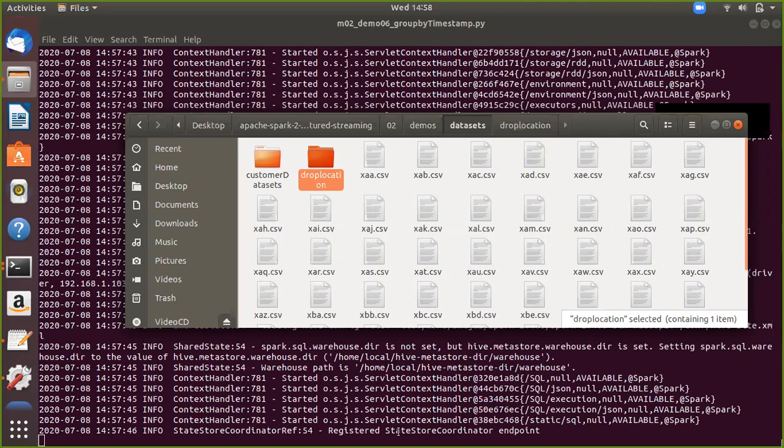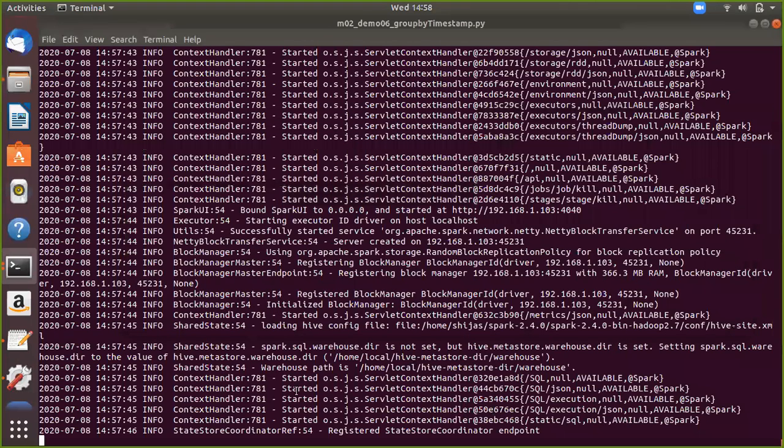So the program starts. Because of this complete mode, it is consuming too much time to do the aggregation and everything, because it is a single node cluster, so it doesn't have that much capability to process fast.